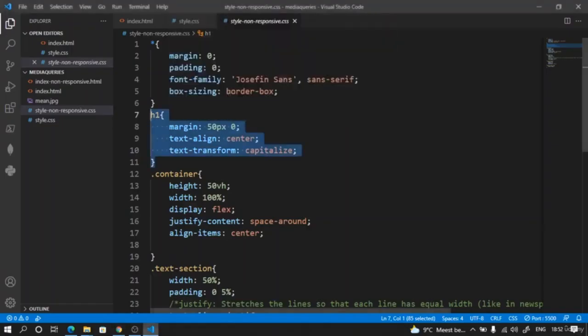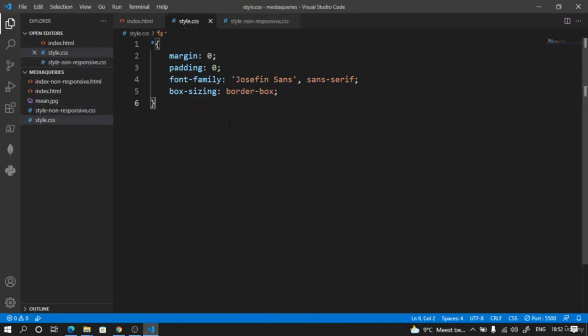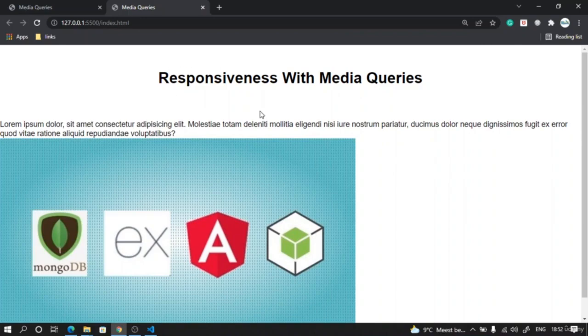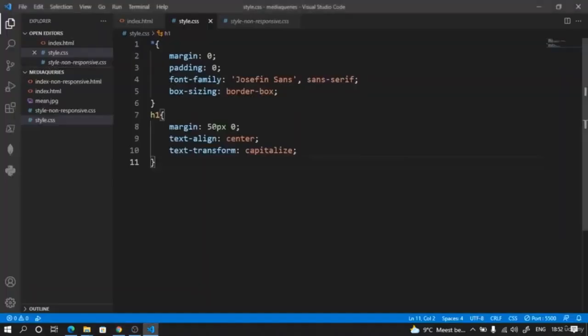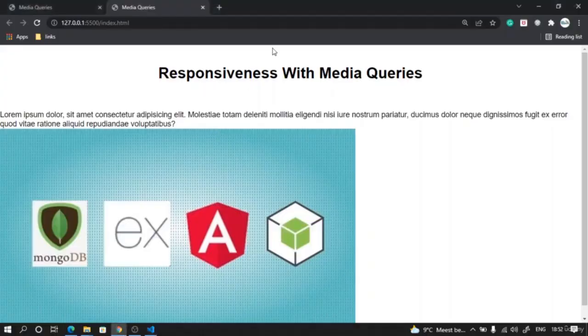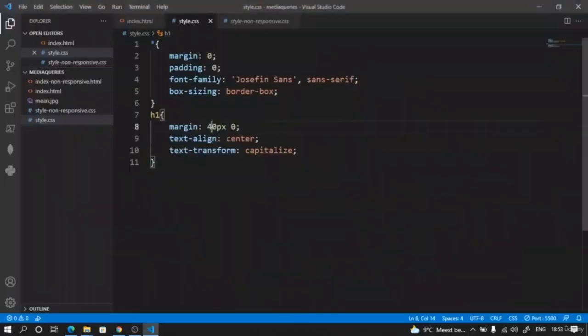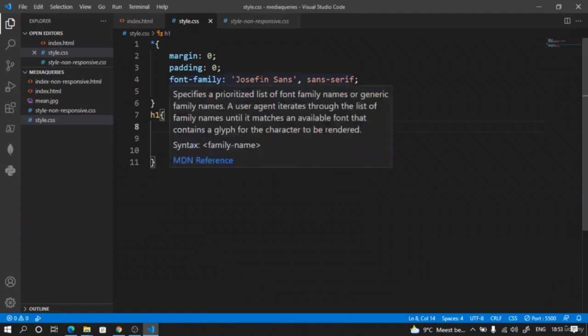Yes, because on the x we have given 0. So let's paste this, and if we go and see, this looks like this now. Perfect. Maybe 50 is too much, so we can say 40. 40 margin from the top and bottom. Okay, and then what we have to do next is